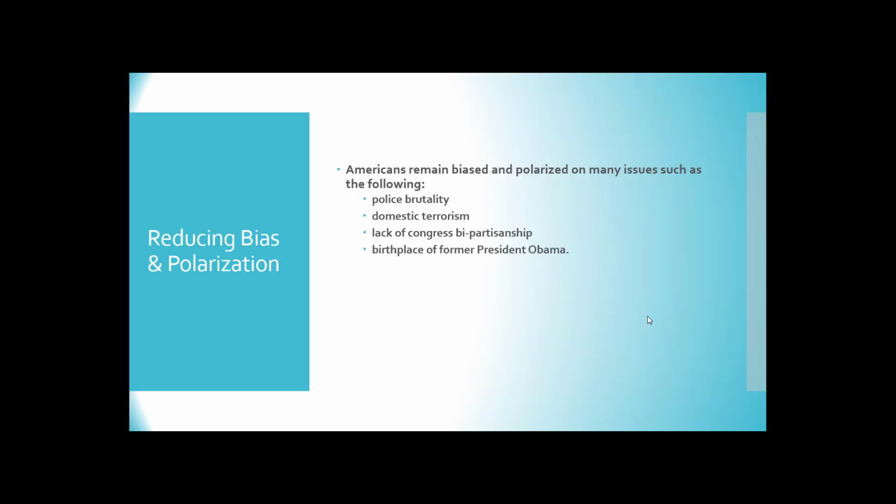So, at this point in the presentation, I want to talk about how we can reduce bias and polarization. But before we get there, I just want to talk about how bias and polarization is showing up in our society. The influence of individual bias and polarization based on group membership shows up when one considers the death of Trayvon Martin by the hands of George Zimmerman in 2012, the death of Freddie Gray by the hands of police officers in Baltimore, Maryland in 2015, the death of Tamir Rice by the hands of police officers in Ohio,